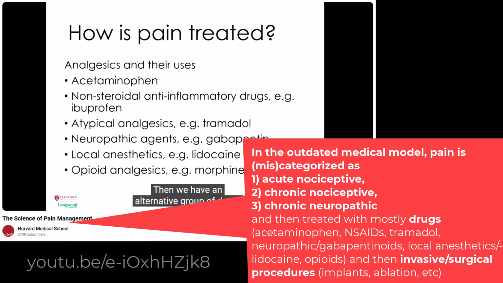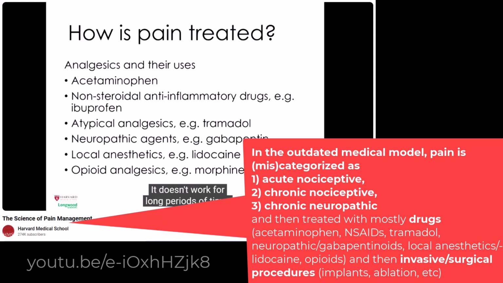Then we have an alternative group of drugs that we use in various ways, either topically or by injection. The local anesthetics, they actually work in a completely different way. They block sodium channels, and you get no conduction of the nerve traffic for a good long period of time, and we all know that. Lidocaine is the prototypic one now, but the one people know best is by its brand name Novocaine or Procaine, that's used by dentists early on. It's not used much anymore because of sensitivity reactions, and lidocaine is the more common one.